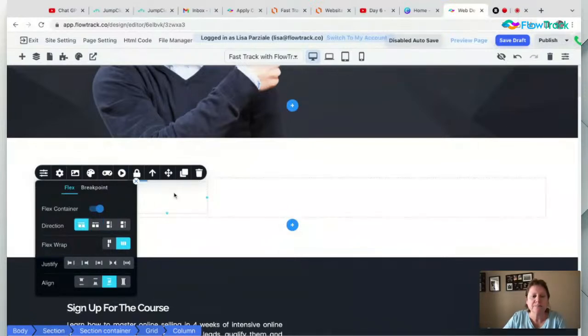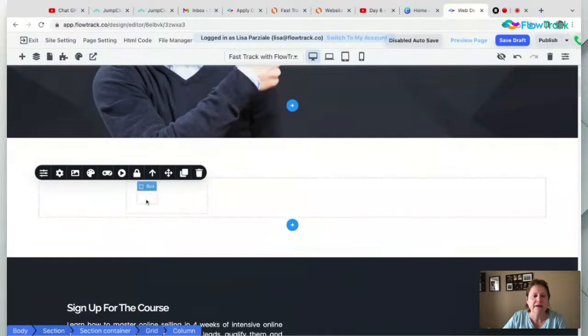Let these two boxes be side to side. And now when I go look, my two boxes right here are side to side. That's huge. That's powerful. And there's not really many builders out there in WordPress that can get to this minute